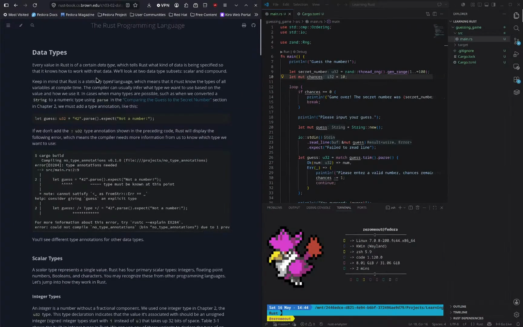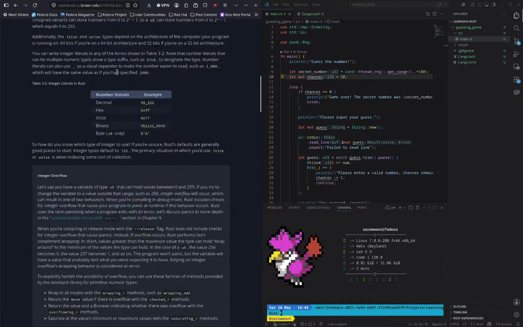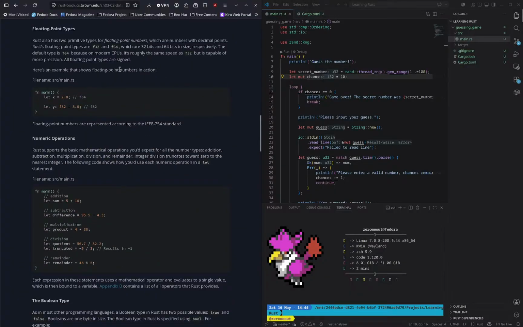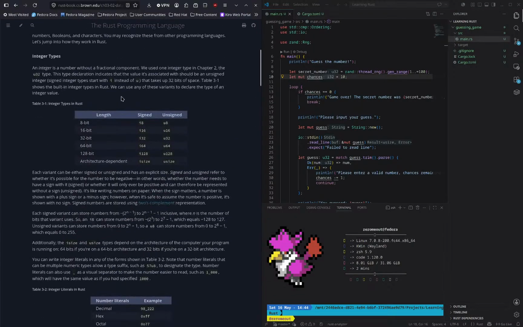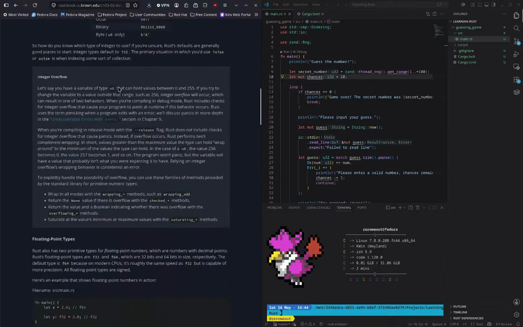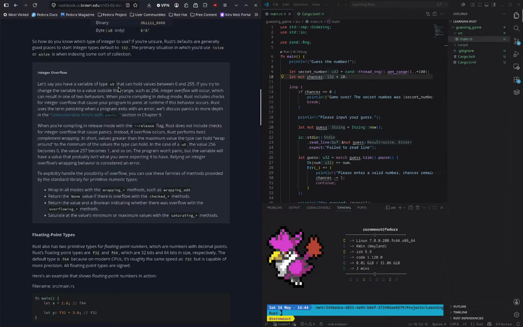Okay, where were we? Data types. Int data type. Int overflow. Can hold values between 0 and 255. If we try to add an additional value, like 256, it will cause int overflow, which can result in one of two behaviors. In compiling debug mode, Rust checks